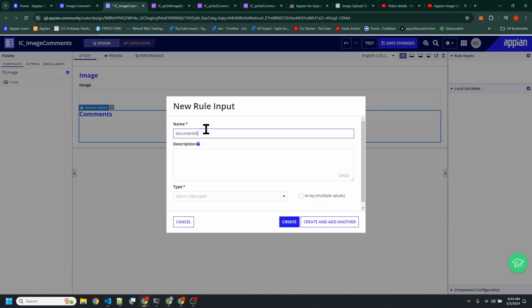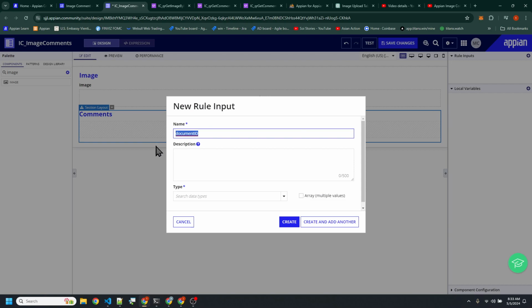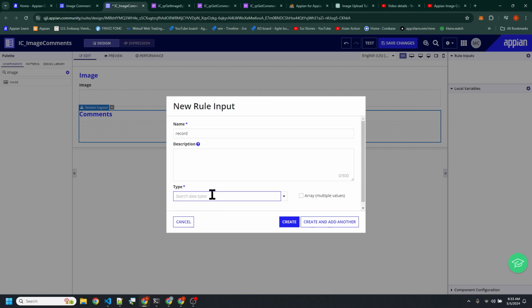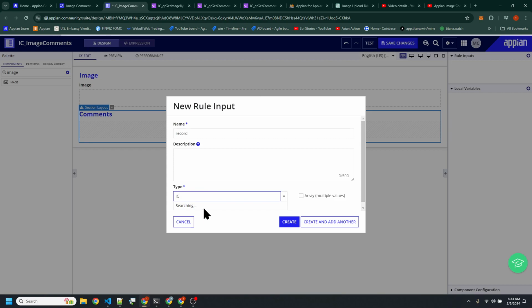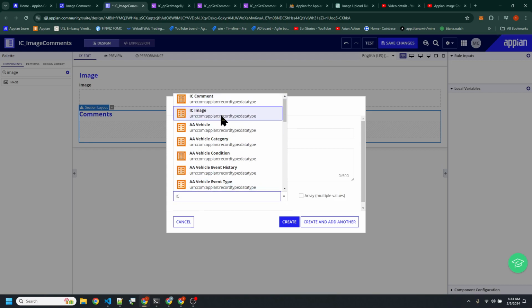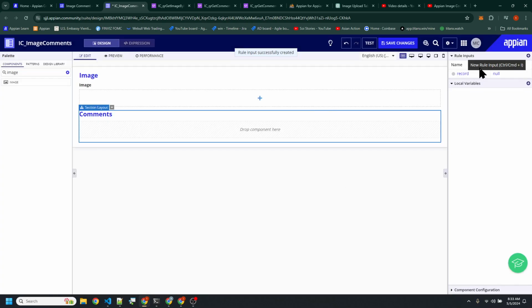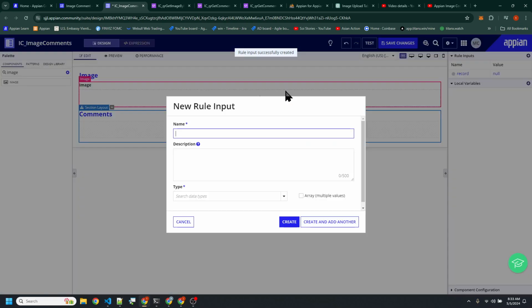Document ID. This is actually coming from the image. I think what we need to do is probably return a record here, and we're going to be using IC image, because the image is actually going to be the one that comes into this. And so we're going to create, and then we're also going to probably return